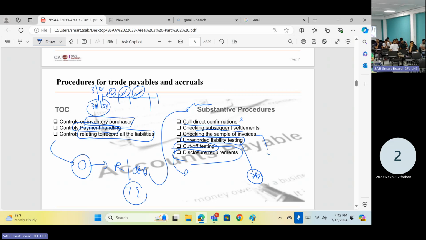Straightforward. Accruals, I'm not going to give any procedure. That depends on the accrual you are going to do. Accordingly, you have to decide whether you are going to accrue for electricity, water or insurance payment, whatever the balance you are going to accrue, there should be a proper basis. That basis should be justified. As an auditor, you have to ensure that basis.